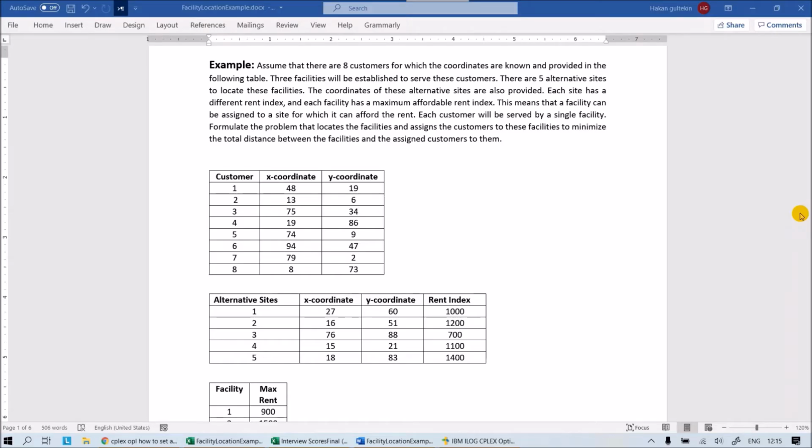Welcome to this CPLEX tutorial. In this tutorial, I want to implement an example in CPLEX in which I want to show you how to use some mathematical functions inside CPLEX to modify the parameters, problem parameters. And also I want to show you how we can use scripting language inside the CPLEX OPL to read and